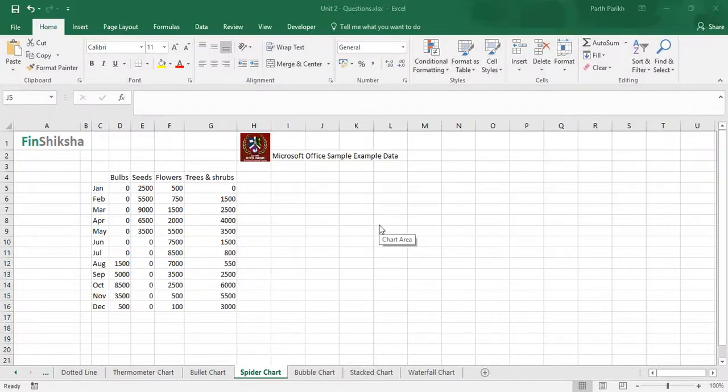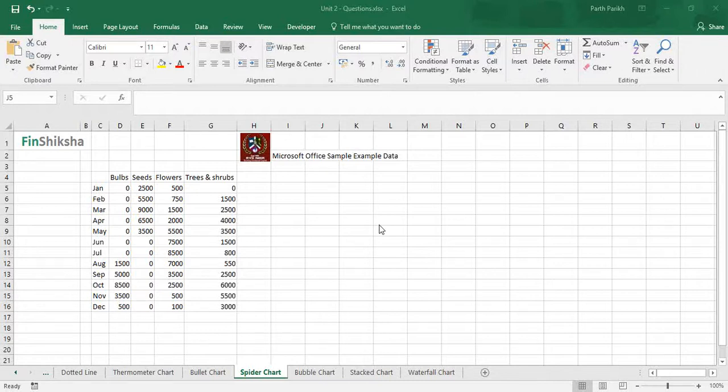In this video, we are going to learn about two extremely useful charts, which are the spider chart and the bubble chart. So we'll start our video with the spider chart, which is useful when we have multiple data sets or multiple dimensions of a data set, and a column chart or line chart is not really useful, and we have to show the expanse of any particular data set. Then the spider chart is very useful.